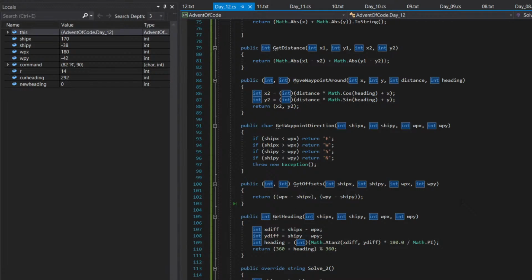Current heading is 292 degrees. So a little bit somewhere between west and northwest, I guess. So that should be,